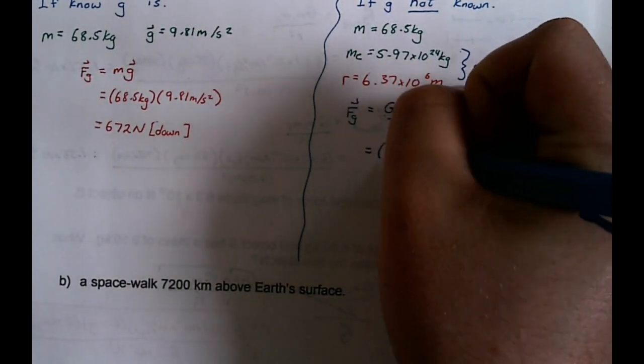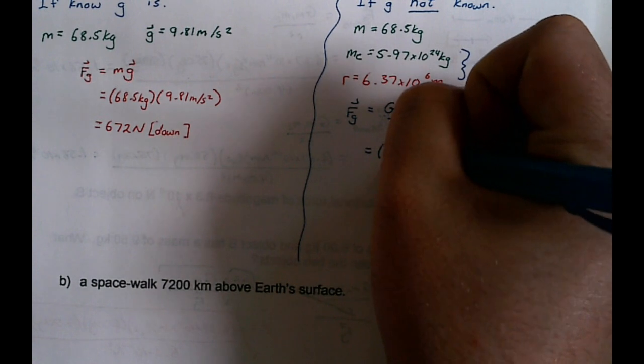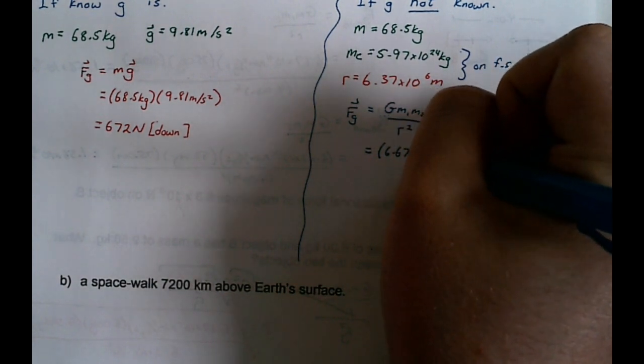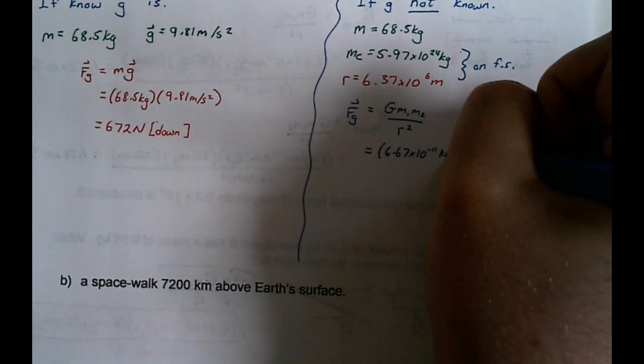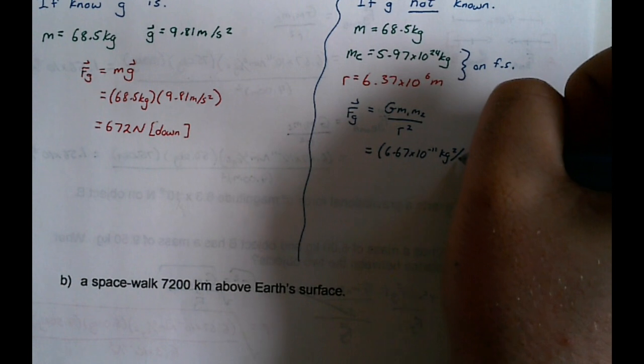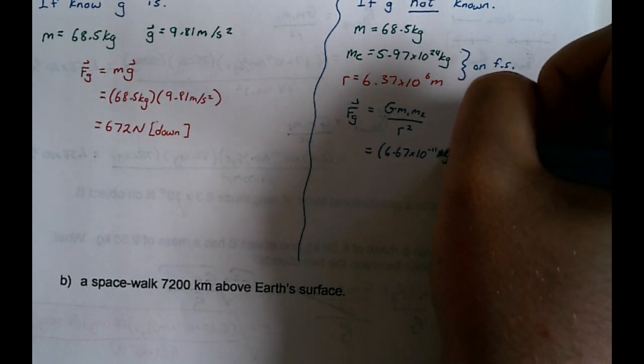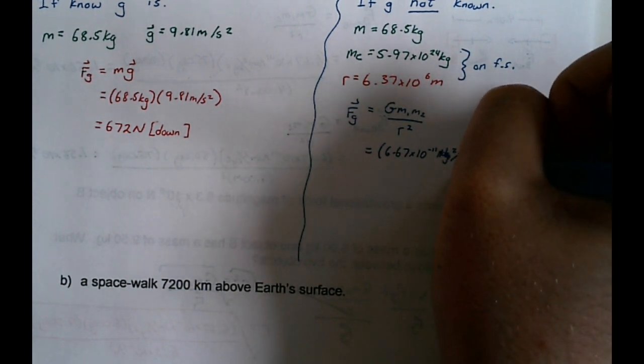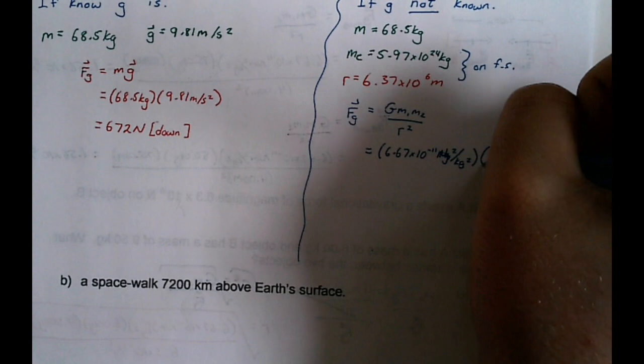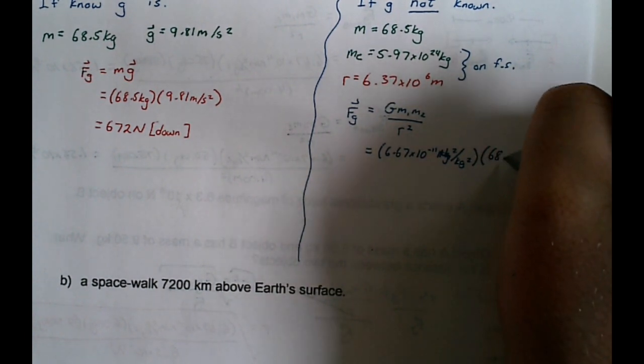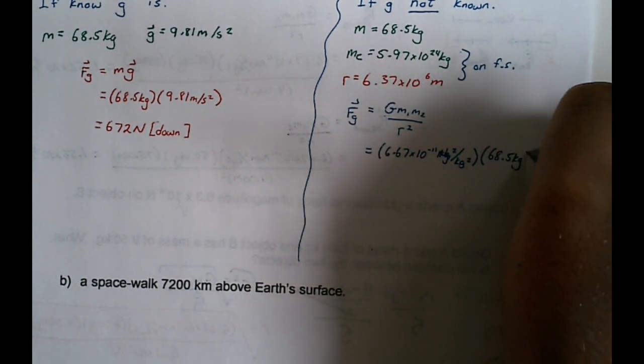So we're going to have 6.67 times 10 to the negative 11 newton meters squared per kilogram squared, times mass 1, 68.5 kilograms, times mass 2,